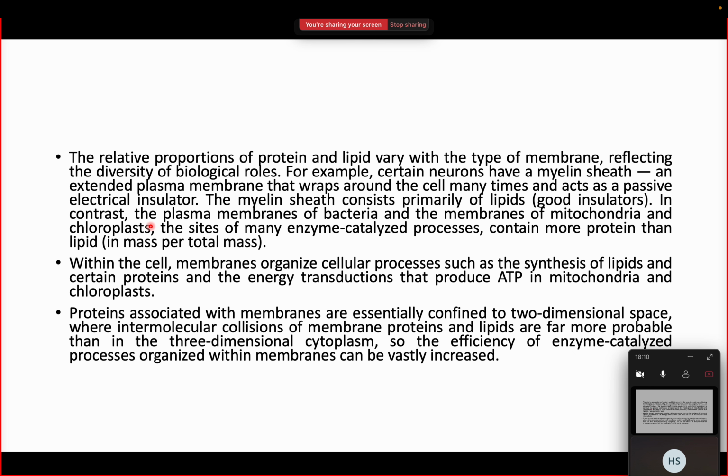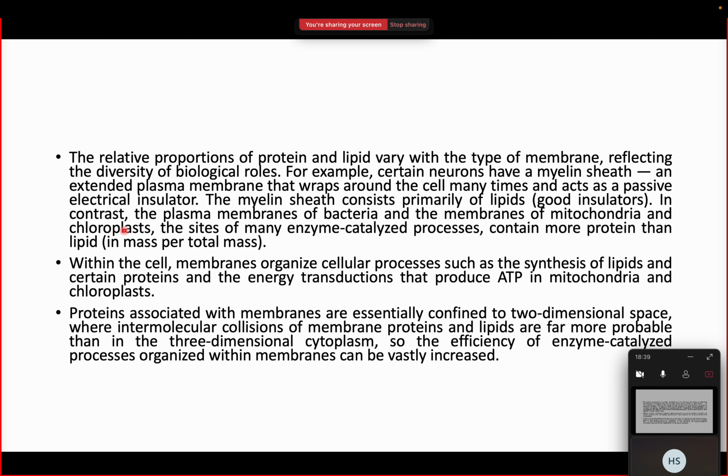If you know mitochondria, there are a lot of things which go on at the membrane of mitochondria, like the ETS happens there, and the ATPase component is completely present in the mitochondrial membrane. Similarly, for the chloroplast, photosynthesis takes place. So all these organelles are highly functionally active, correct? And hence their composition, that is the amount of lipid and the amount of protein, varies according to the function